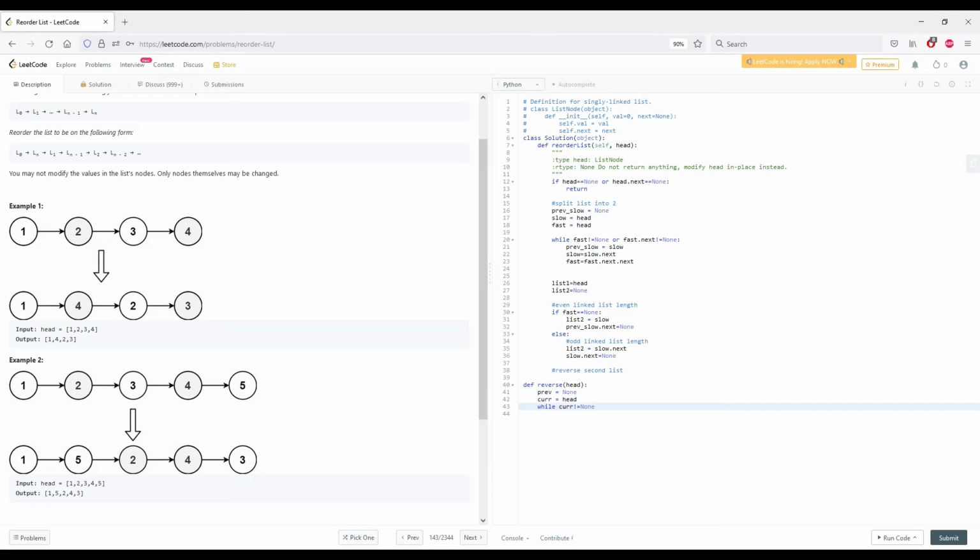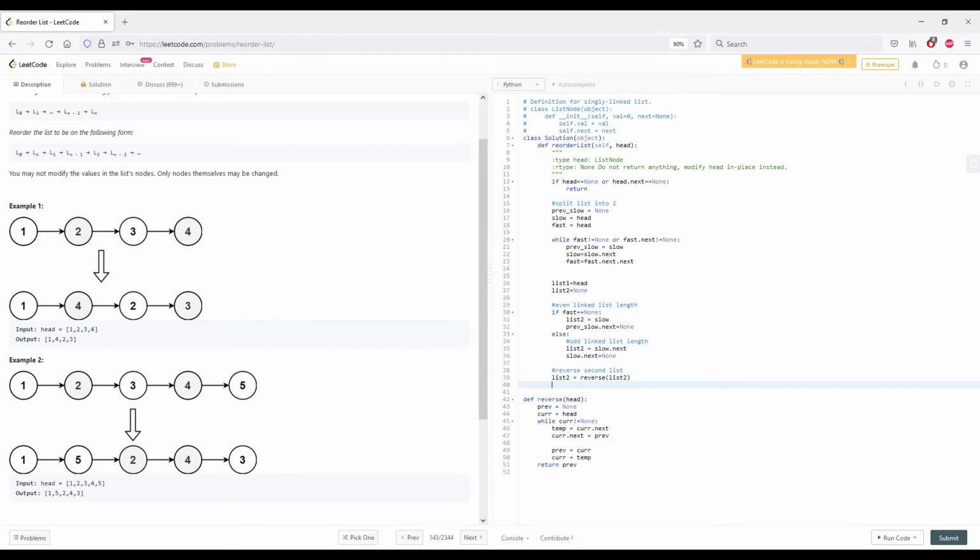I hope you do too. And these two variables actually do the reverse, and then this sets up variables for the next iteration, and then previous is going to be the head of our newly reversed linked list. So, okay,